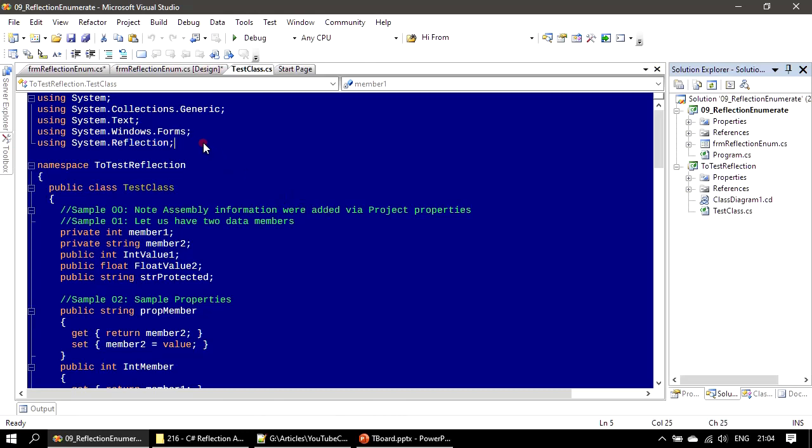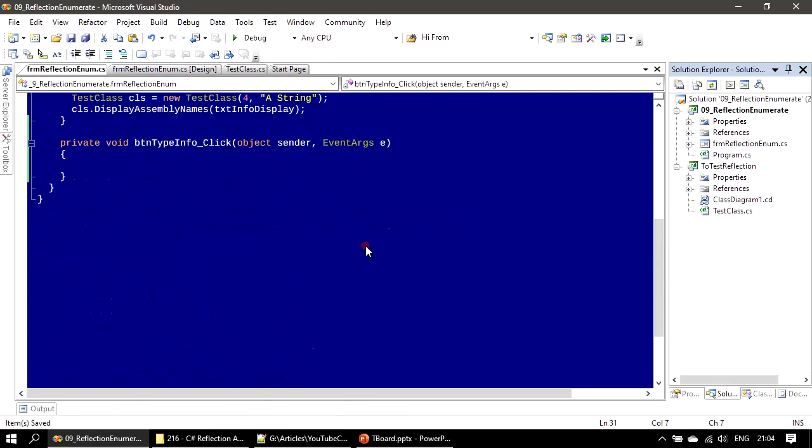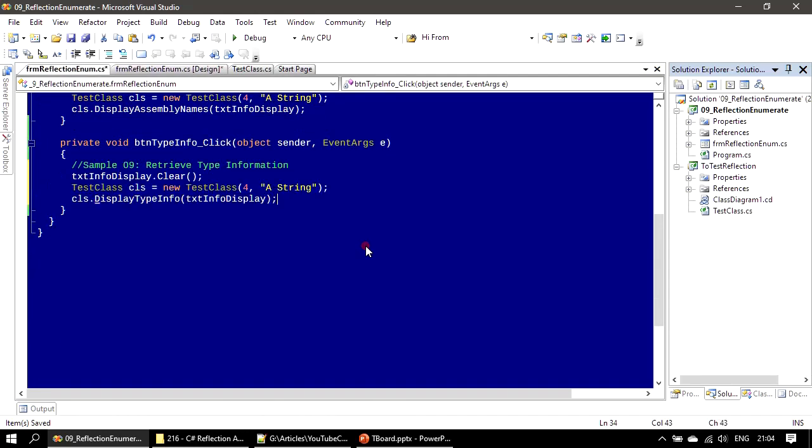So this one we forgot to specify. To work with reflection, you have to include this namespace, System.Reflection. So display type info, if you see here, it is complaining, I guess,